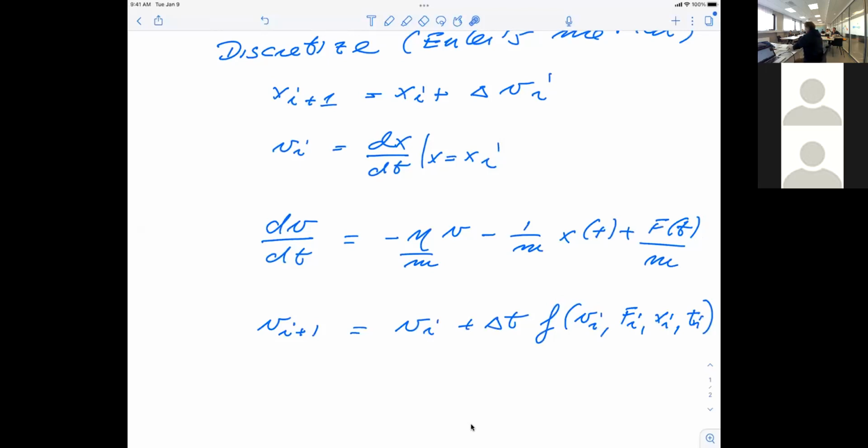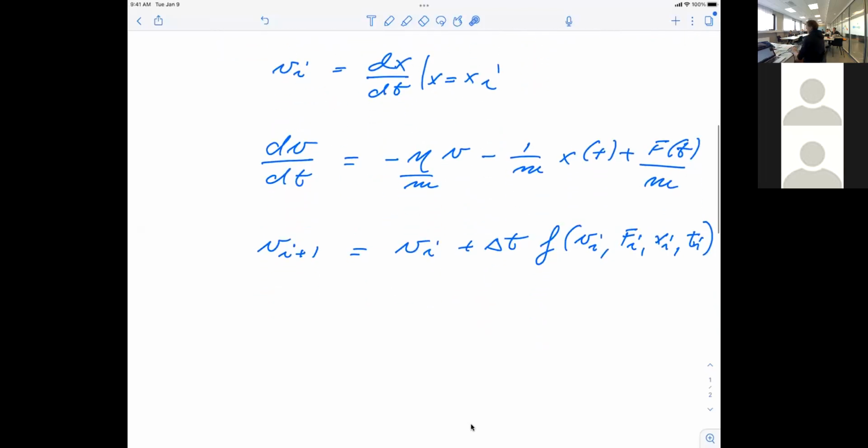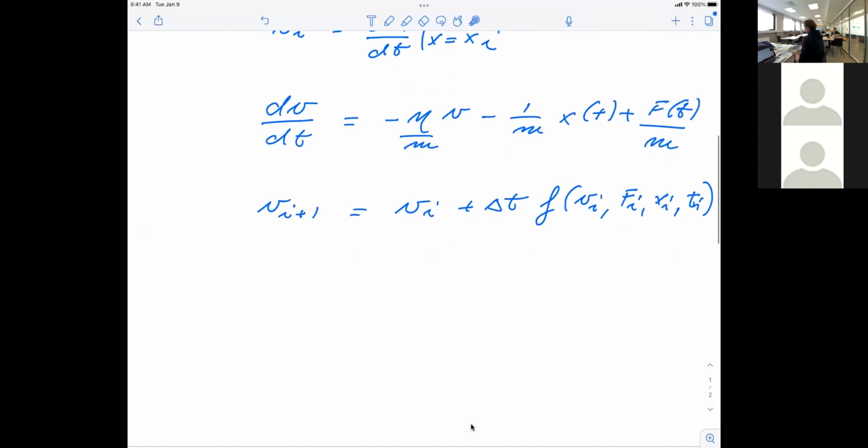Now, the reason why I do that is that I'm going to rewrite this in terms of more general types of operations. What we could say is that if you look at what we have here, if we now take away this previous v of i, we could actually rewrite this in terms of the function f, if this doesn't change from step to step. So the mathematical function little f now contains all these variables.